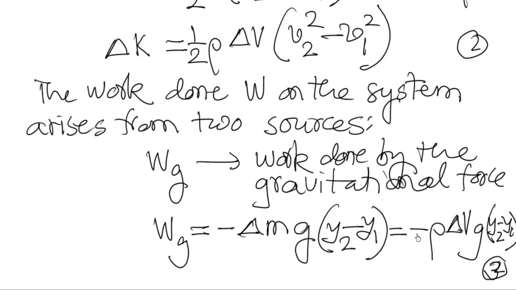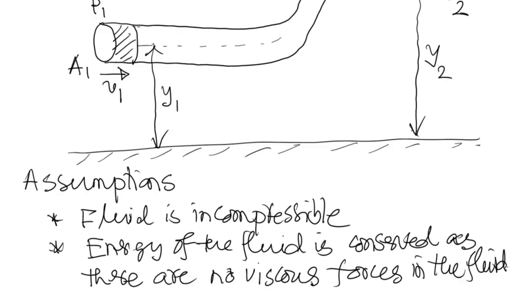The work is negative here because the upward displacement and the downward gravitational force have opposite directions. So the work done on this system arises from two sources. This is one source, the work done by the gravitational force, and the other source is